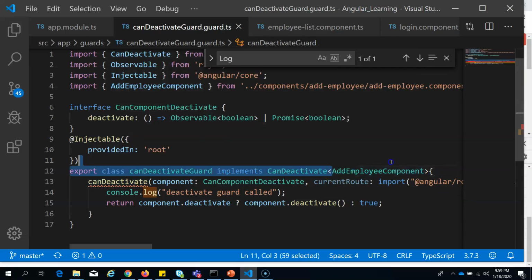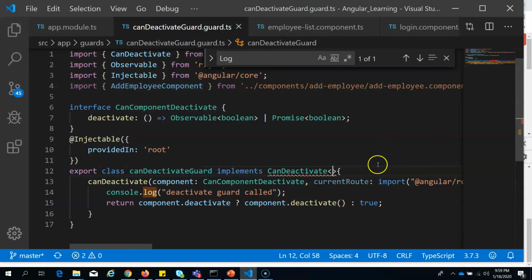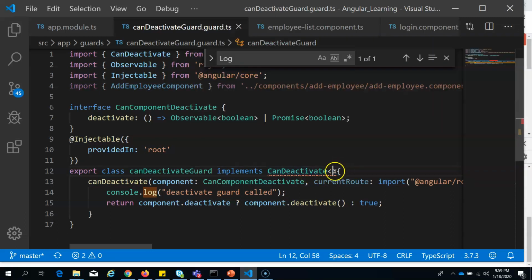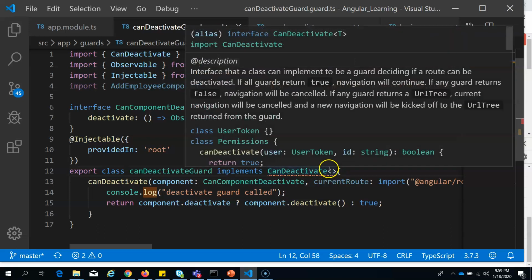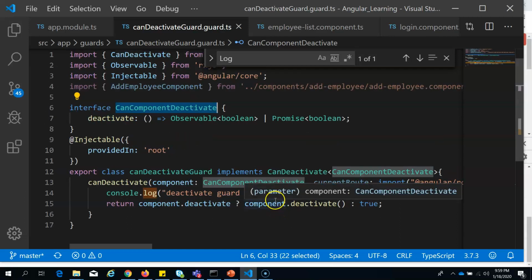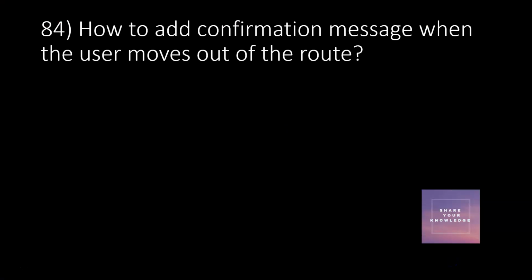Right, that you can also do, but you have to give at least a simple interface for this to work, because it will ask for some type, CanDeactivate. What is that type? For that I will use this simple interface, which simply says that it will have a deactivate method. Okay, so this is about the deactivate guard. You would have seen this in many places where they show a confirmation whenever they move out of this route, from one route to another route. Okay,